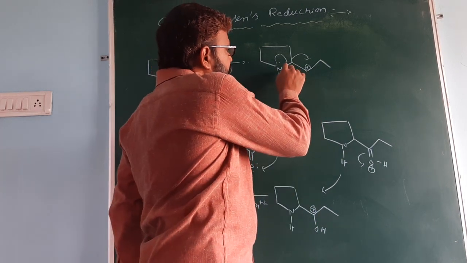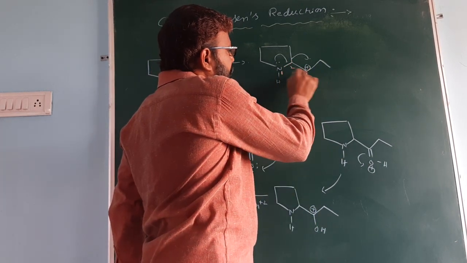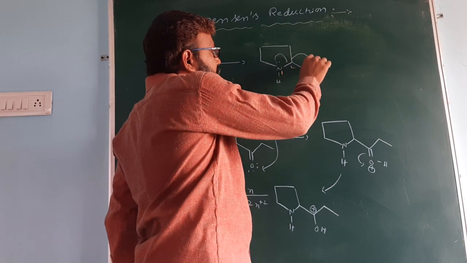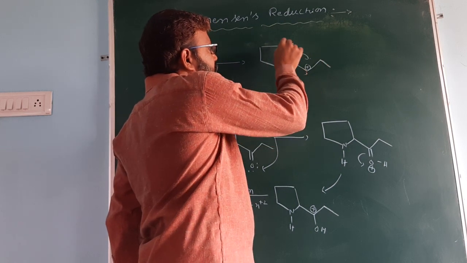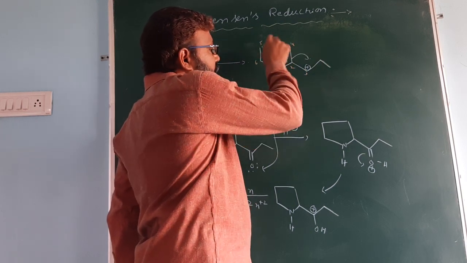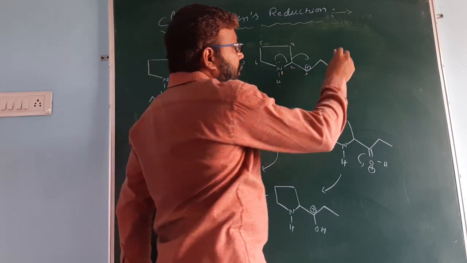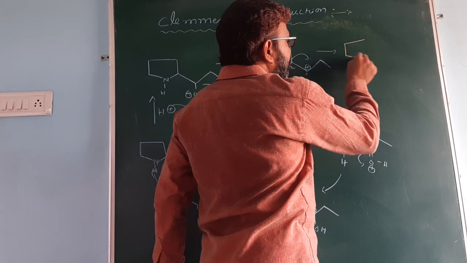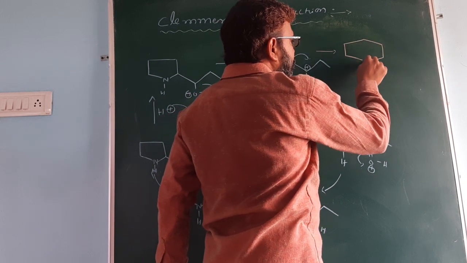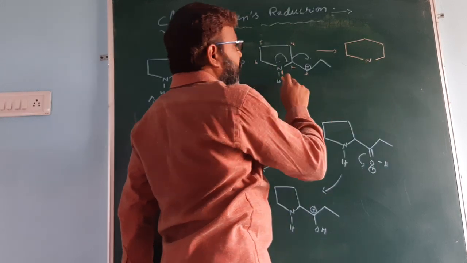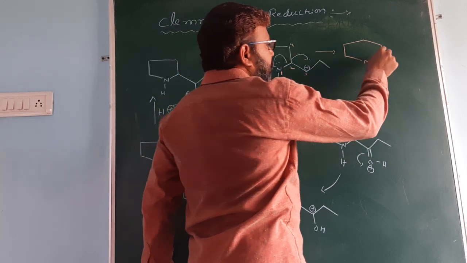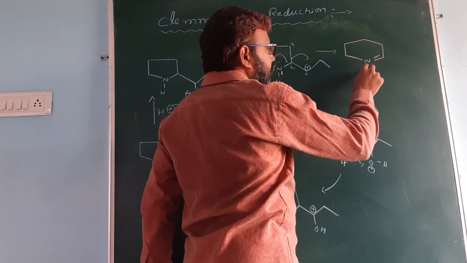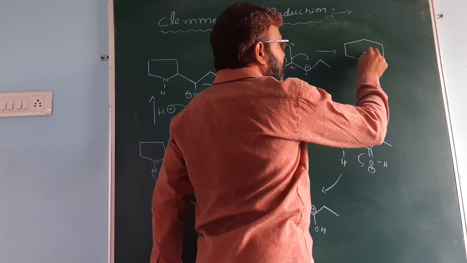So it is first carbon, second carbon, third carbon. So this bonded electron shifted to here. This is the fourth, fifth, sixth. You get a 6-membered ring. Okay. Now this bonded electron shifted to here. So this is the first, second, third. First and second carbon have a double bond. So nitrogen has positive charge.